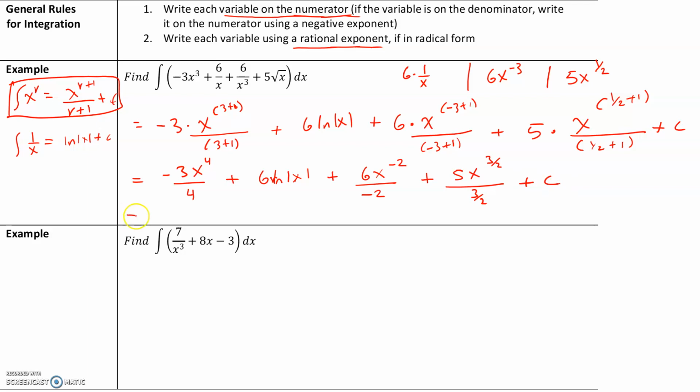We still have to simplify this. So this gives us negative 3x to the 4th over 4 plus 6 times the natural log of absolute value of x. 6 divided by negative 2 is going to be negative 3. So this is actually going to be minus 3 over x squared. This is going to be